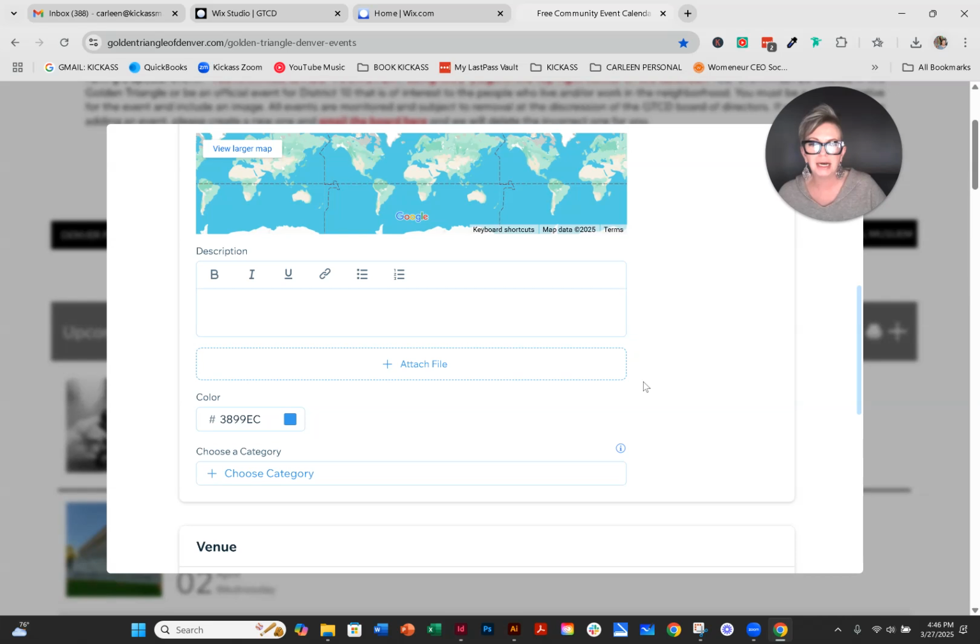And then you can attach a file. Is there a flyer that goes with this event, a poster, a document that someone needs to download, a workbook if they're downloading an event for a work event? You can attach that here. You can choose the color if you don't have an image. If you choose pink, it will be a pink square, just a pink square on the calendar versus the blue